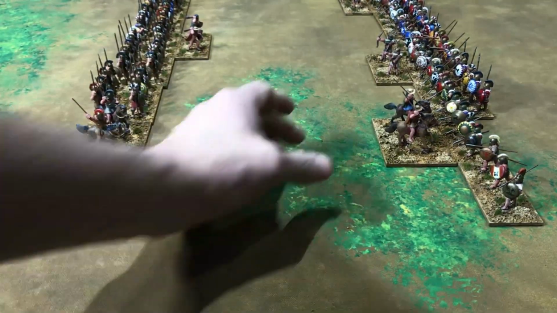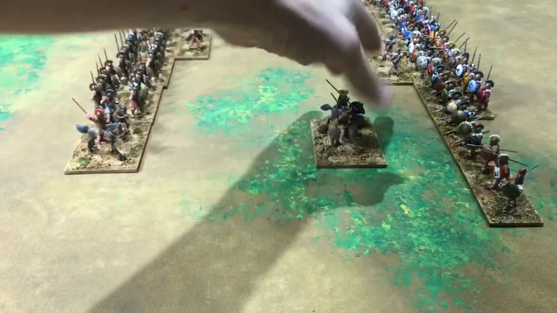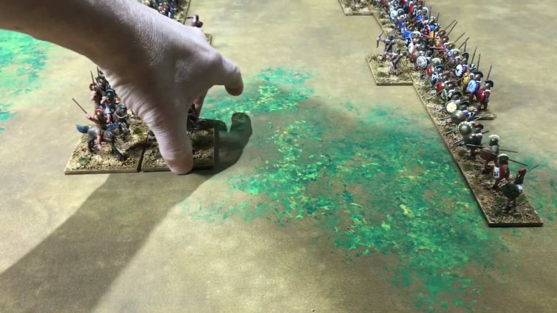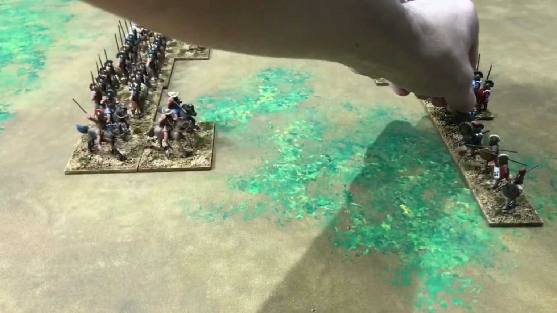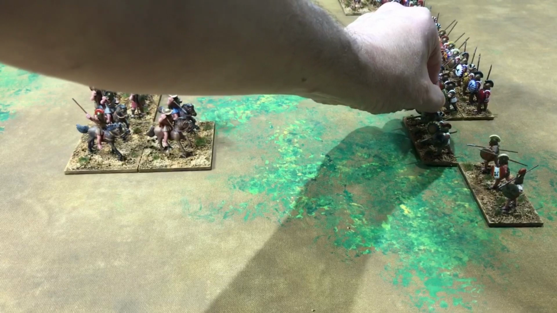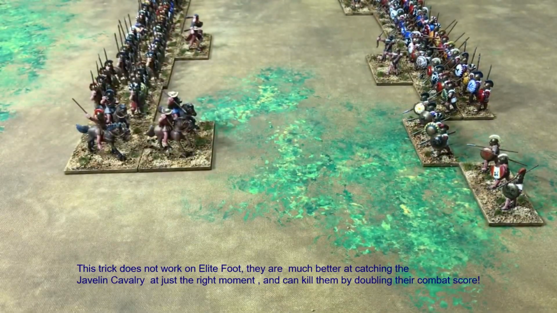However, they have the ability against heavy foot. If they were doubled, they would actually just back up and then evade 4 MU away from the enemy. Now, that doubling would cause the hoplites to pull forward, and so as you can see, the JavCav are another